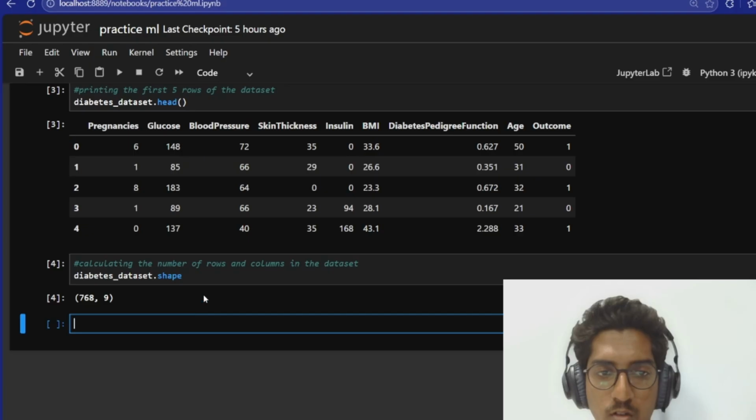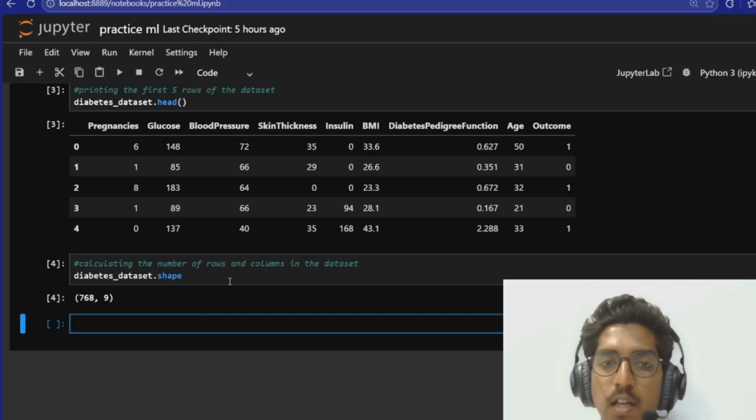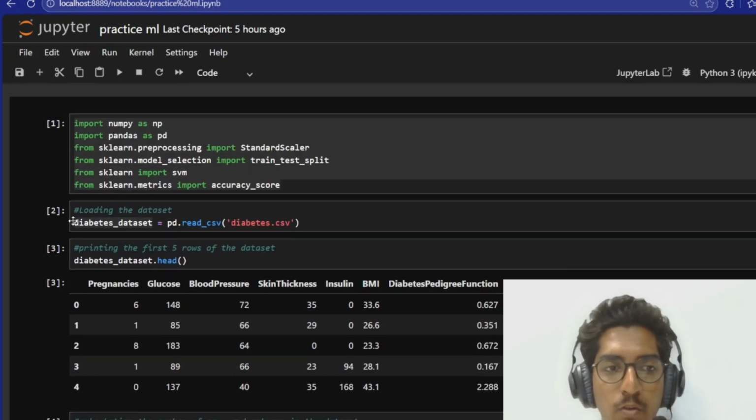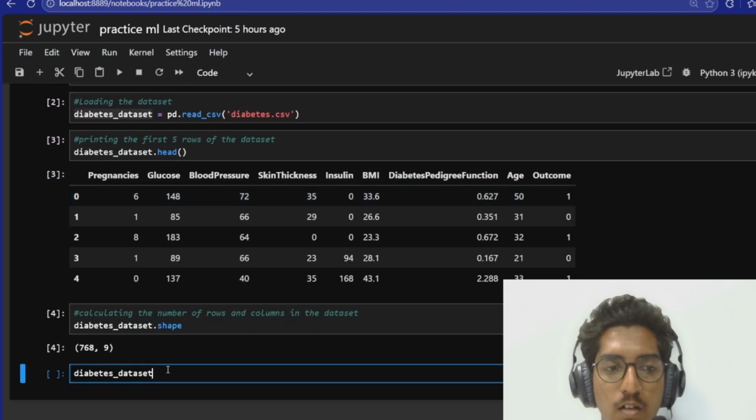So this is all about the rows and columns. Now we'll see in the whole data set how many patients are diabetic and non-diabetic. We'll be having a short information. So for calculating this information, we'll be using a term again, diabetes data set, the same name like which we had given over here, right? Okay, diabetes data set